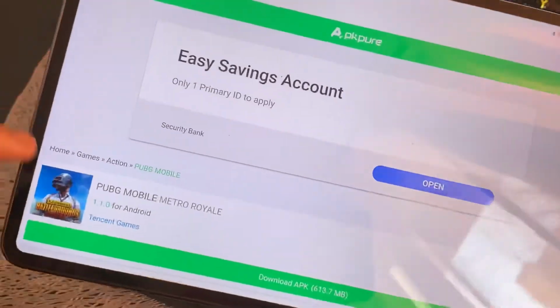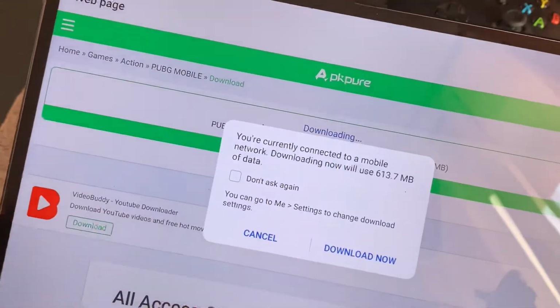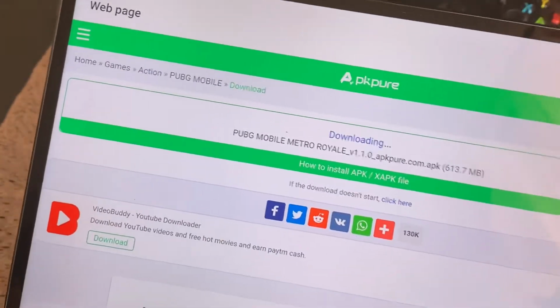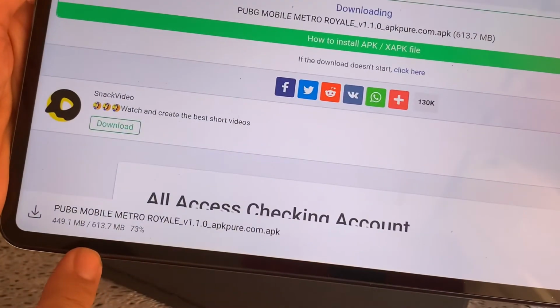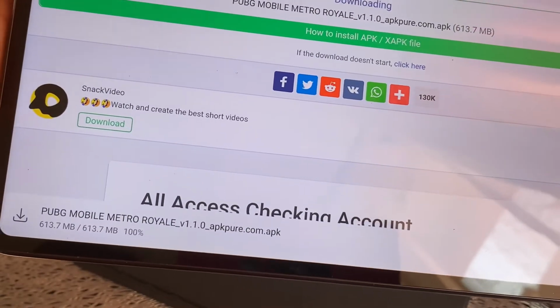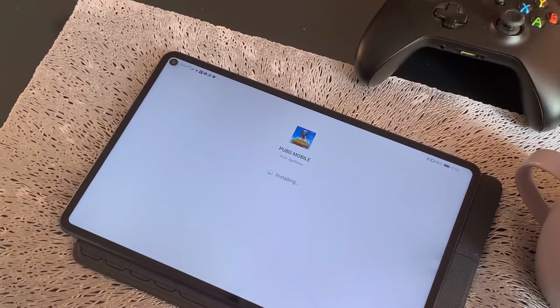So let's hit on that, and as you can see here, I have an APK from APK Pure that we can download. So let's go ahead and download that. You need to wait for the file to be downloaded, of course. Once it's downloaded, you need to hit continue. There will always be a warning, hit continue, and then install the APK and just wait